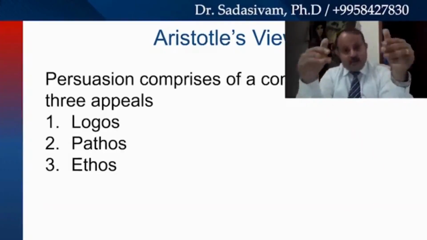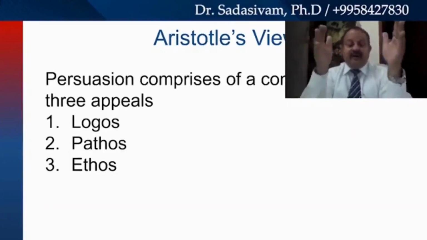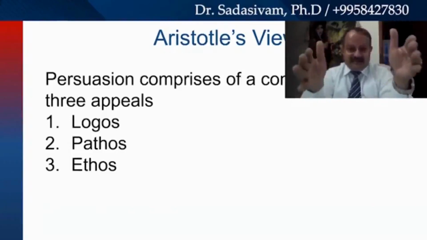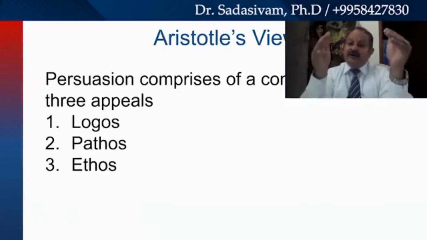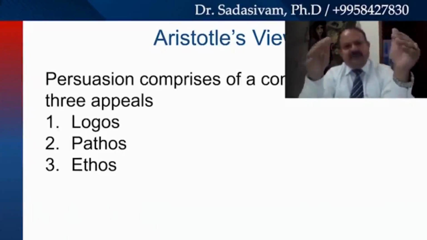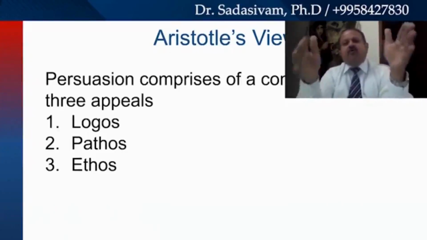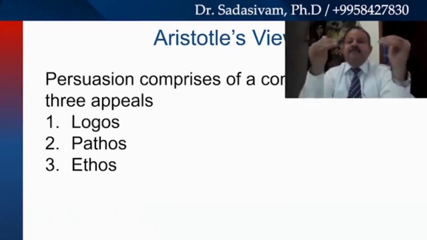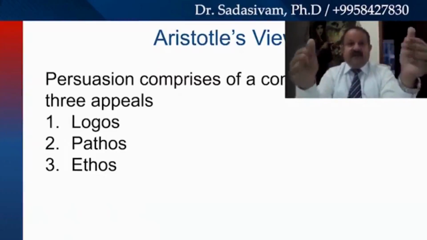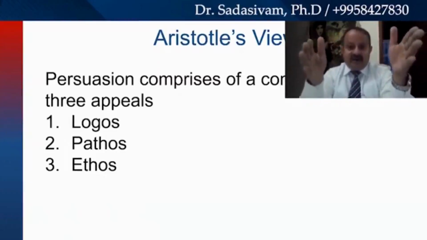And third is the ethos. Ethos typically talks about ethics and morality. The ethics and moral aspects of any persuasion exercise are covered under ethos. So in short, we can say logos deals with the statement of facts, for example, facts and figures. For example, if you are persuading somebody to buy your car, let's talk about a car salesman.